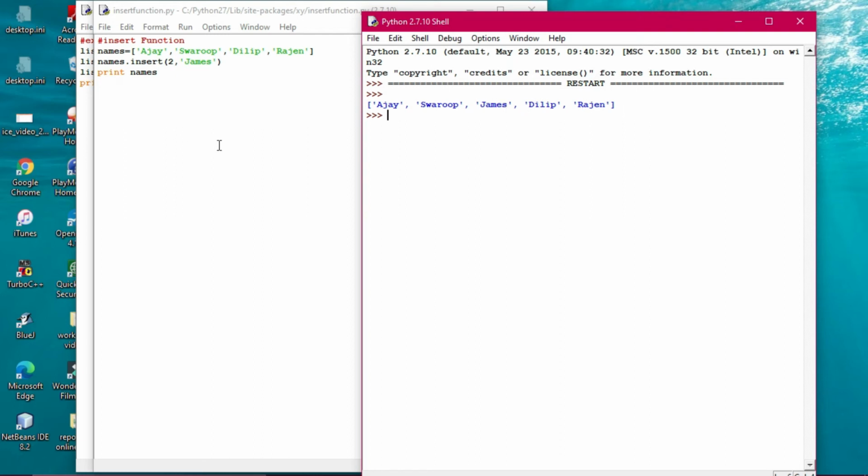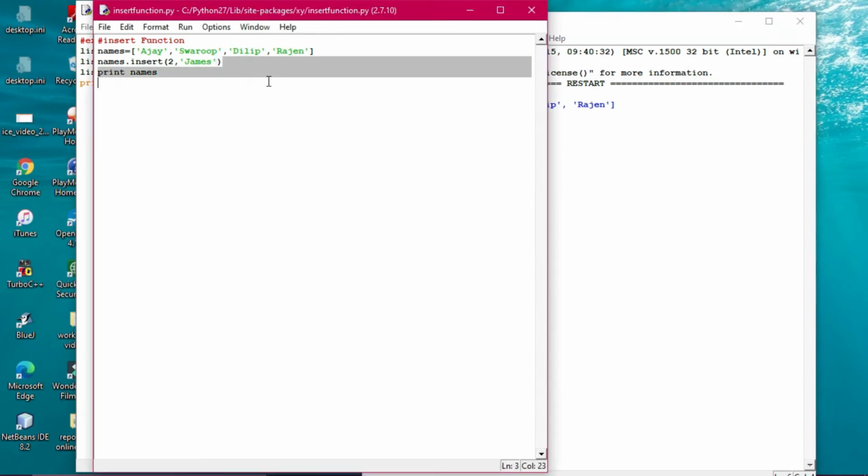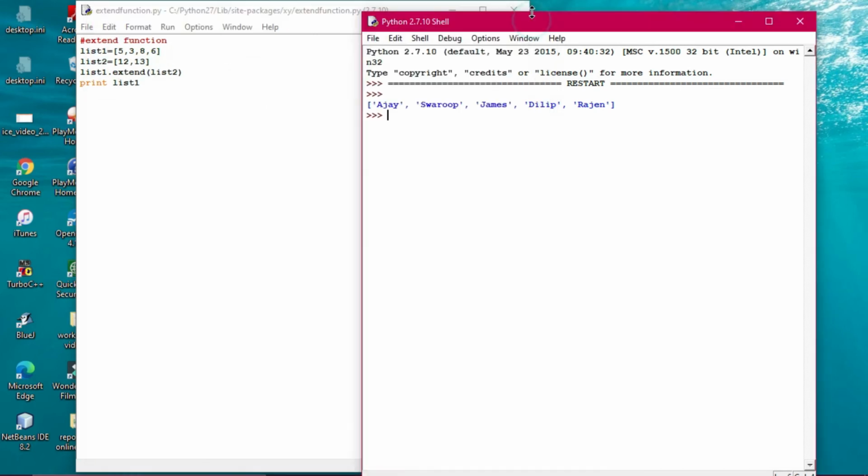All right, this is the purpose of the insert function. A very simple way to understand the functionality of an insert. So what does it do? The insert function can be used to insert an element or object at a specified index. So here our specified index is 2 and the value is 10. This function takes two arguments: the index value, meaning where the item will be inserted, and the value, what is to be inserted. You can see two parameters are given.